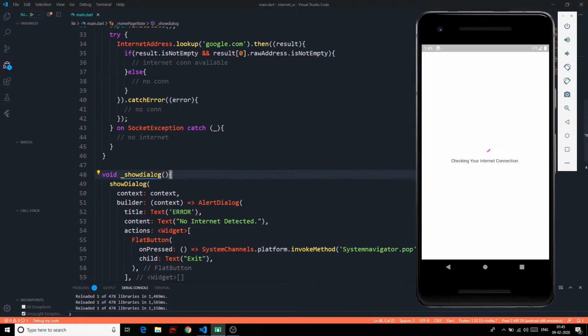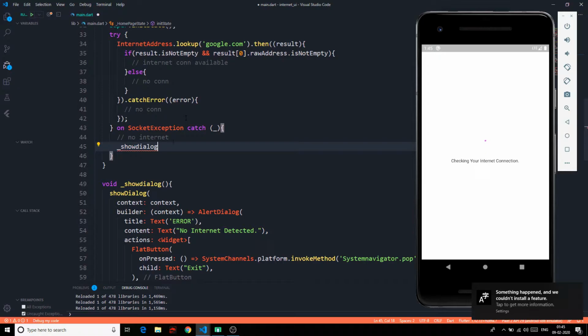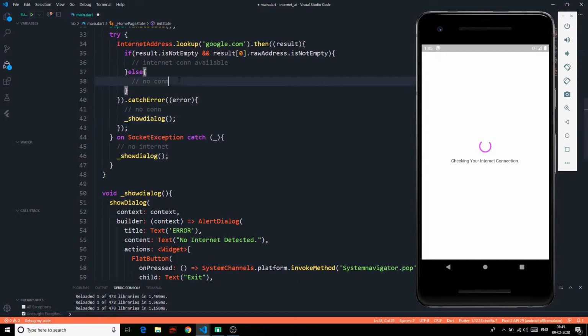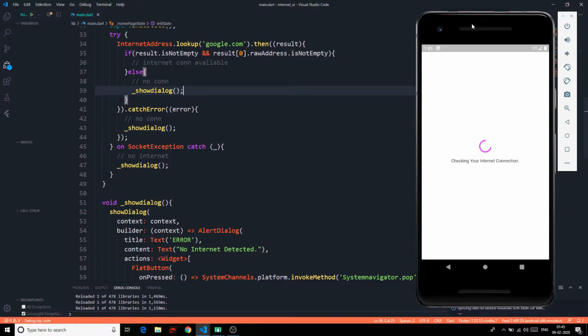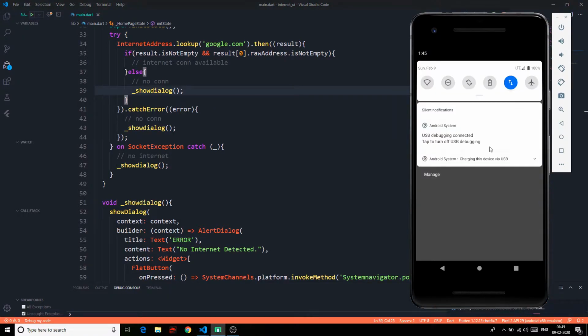Now that we have coded the dialog, we just need to call it everywhere where there is no internet connection available so that we can show this. So I'll just say show dialog, copy this, and paste it in these places where no internet connection is available. Now if I rebuild the application, you will see that if I turn off the internet, then we will